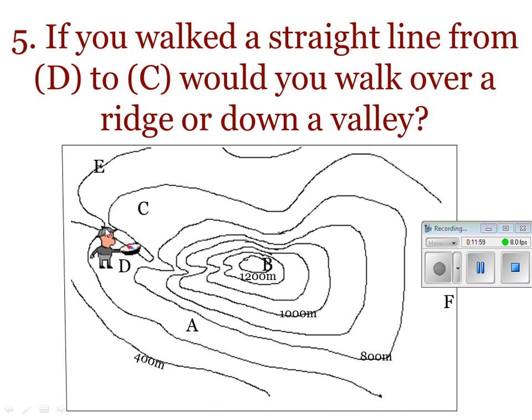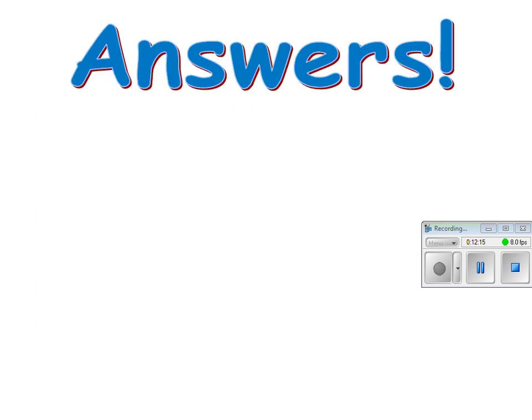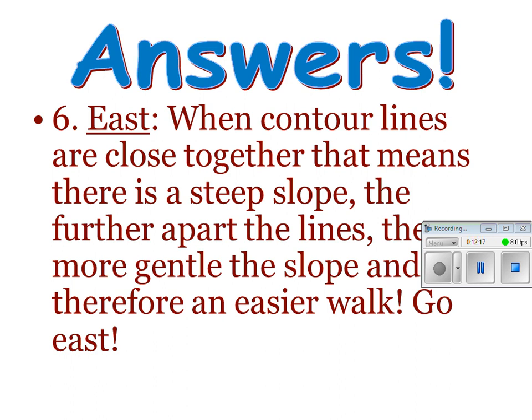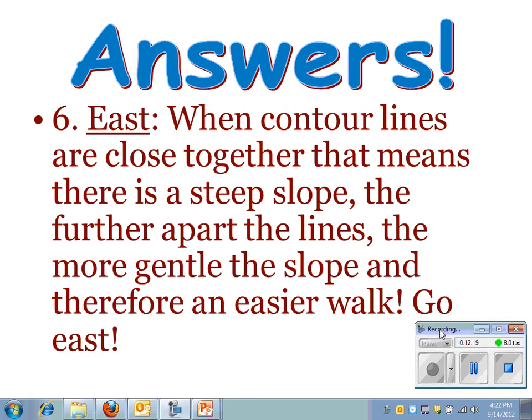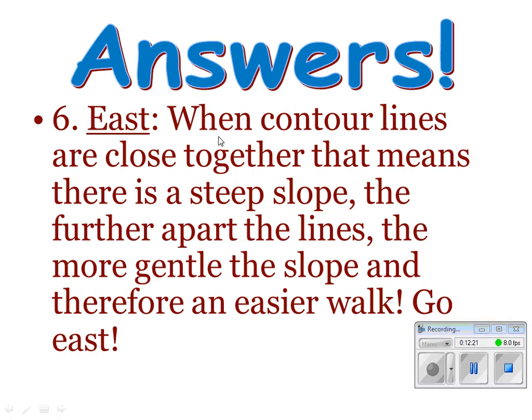Also, water's not going to flow uphill. If it was a ridge, the V's would be pointed down to lower elevations. So this has to be a stream or a valley. The answer for number 6. It would be easier to go down the mountain by going east because the contour lines are further apart if